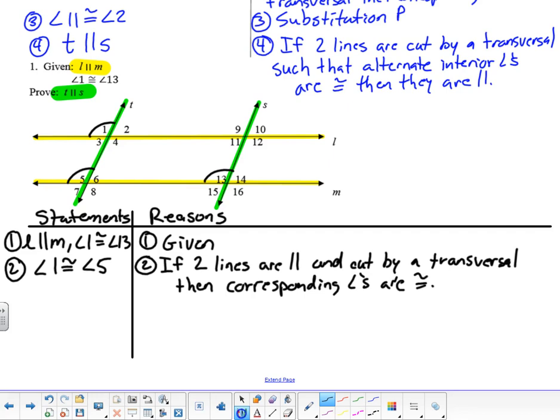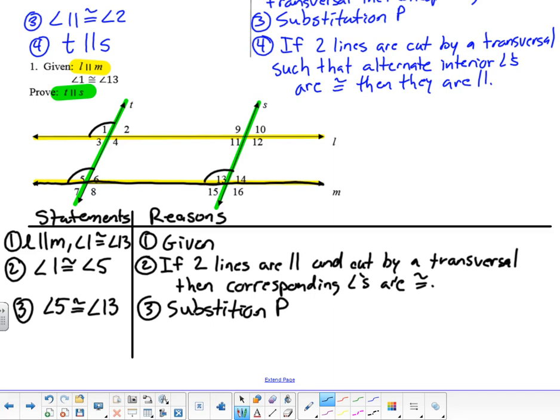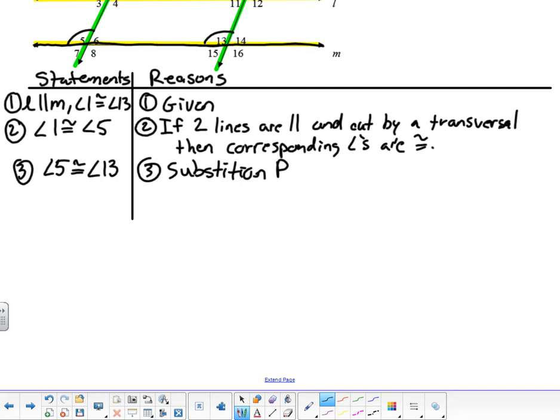All right, now what can we conclude from the angles? We can now say that angle 5 is congruent to angle 13, okay, by the substitution property or by the transitive property. Okay, and now angle 5 and angle 13 are along this transversal. It cuts through the two lines, and angle 5 and angle 13 are a pair of corresponding angles. Okay, so we can say that T is parallel to S